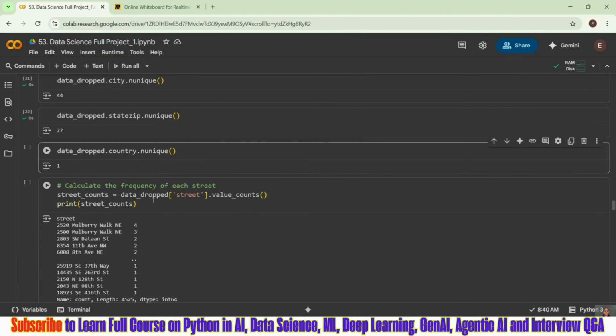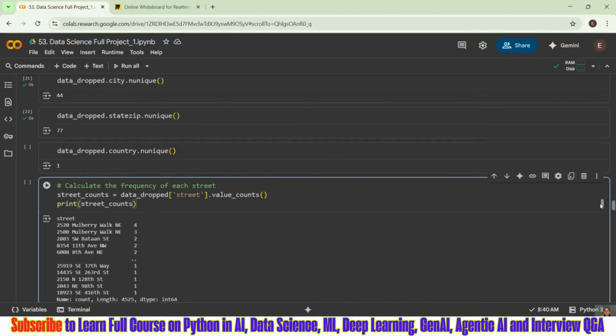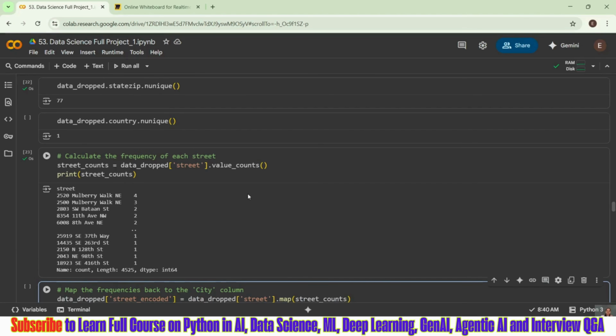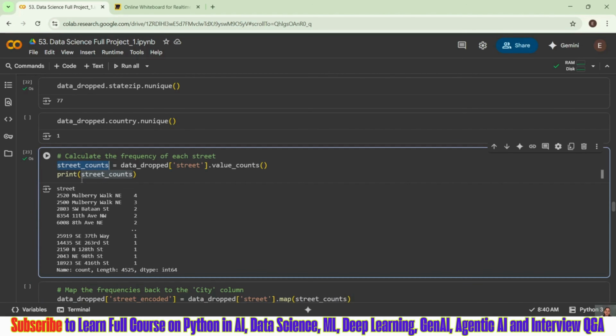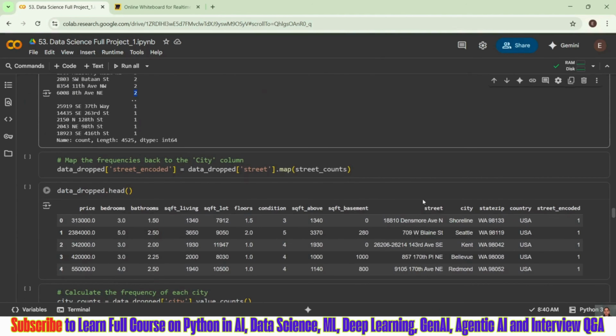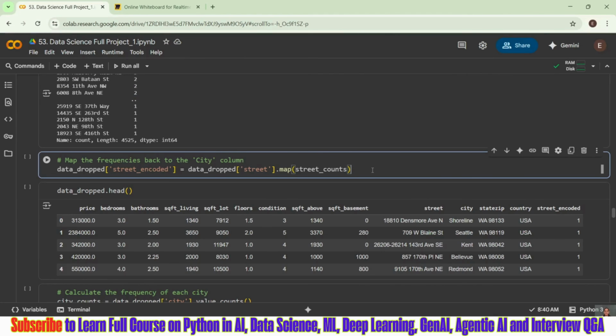The next step is what, guys? For frequency encoding, I have to calculate my value counts, or the number of counts I'm going to get. So you will see, I have taken a variable. This is the same way, guys, like the way we are calculating. I'm taking variable street counts and I'm printing it, and you can see that for each it is giving me the count. Then what is the next step, guys? We have to map it. And when we map it, it is going to take all those street values and map them with the count, or replace them with the counts. And I am going to get my street encoded value column.